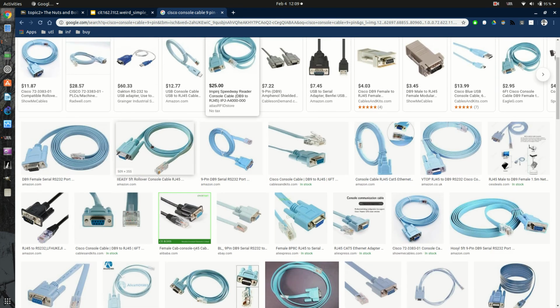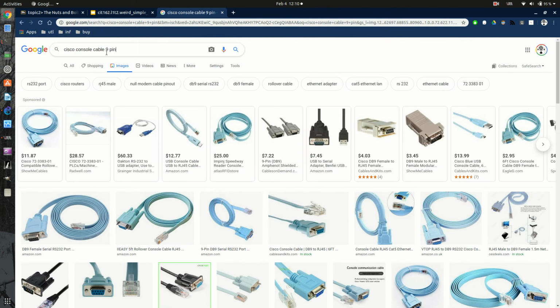So here's the old school one. We had a 9-pin serial, and then this is a rollover cable. It's not a crossover cable. It's a rollover cable. So pin 1 goes to pin 8, and there's only 8 pins. One of these is a null termination. In other words, it doesn't terminate to anything. But the RJ45 is a rollover cable. Now, most laptops nowadays